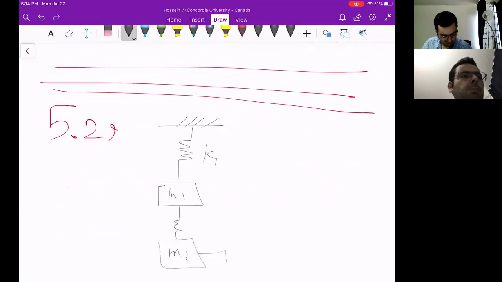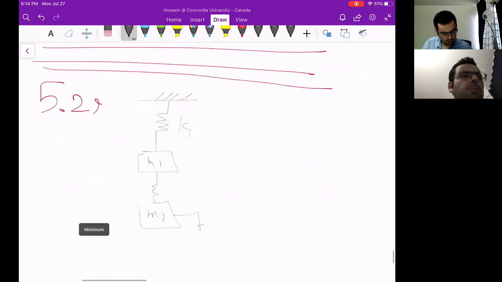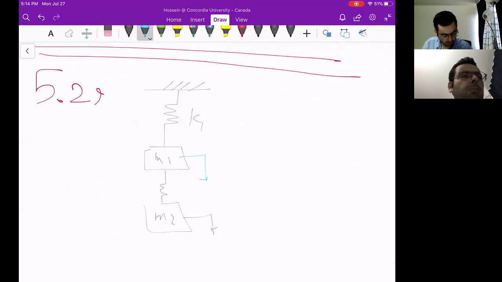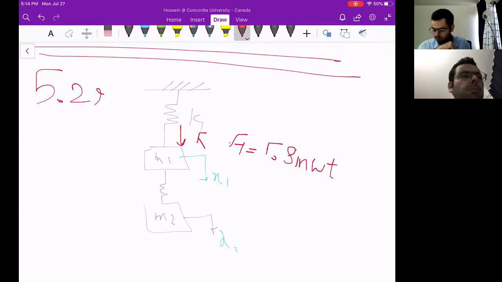M2. So this can be displacement for mass 1, displacement for mass 2. There is an external oscillation here, F1, which is F naught sine of omega t. Determine the natural frequency and normal mode. So all you have to do is just derive the equation of motion. You have a spring, you have masses,